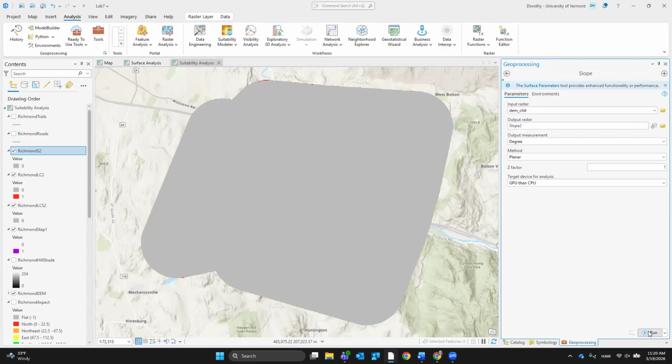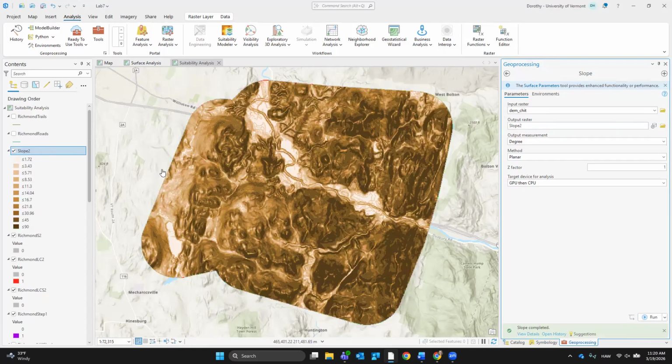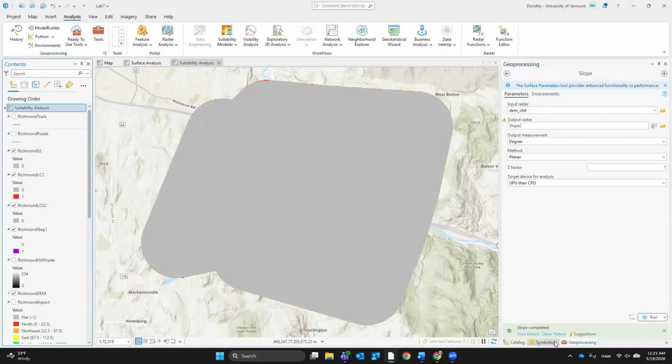Okay, I'm going to run it, and it's going to do the whole thing, not just Richmond. Okay. Oh, it's clipped. Oh, it's still clipped. Because the other one is clipped, that's why. So yeah, we just don't have anything over 1500.